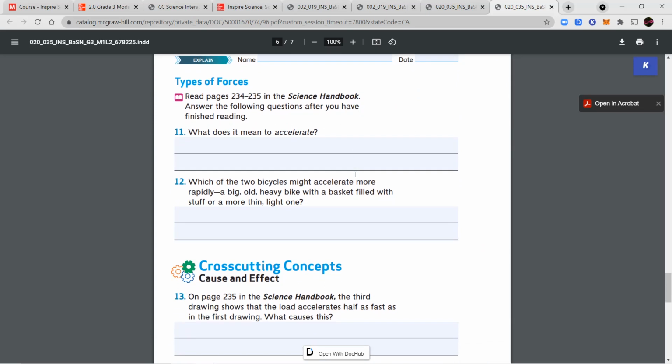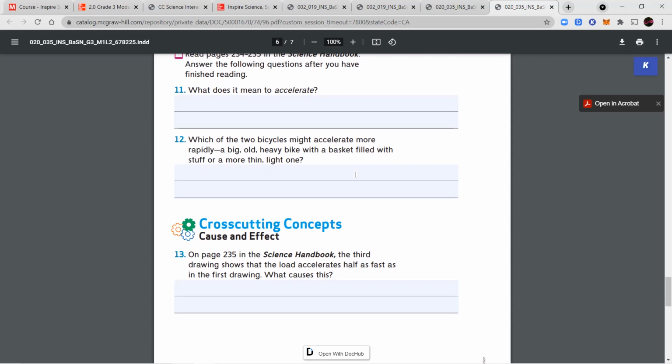So we're going to read pages 234 and 235 in our handbook. We're going to talk about our other vocabulary word, accelerate, and we're going to decide what it means to accelerate. And question number 12, which of the two bicycles might accelerate more rapidly? A big old heavy bike with a basket filled with stuff, or a more thin, light one? For page 235, we're going to read through that